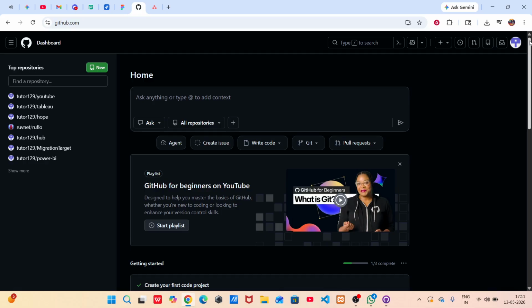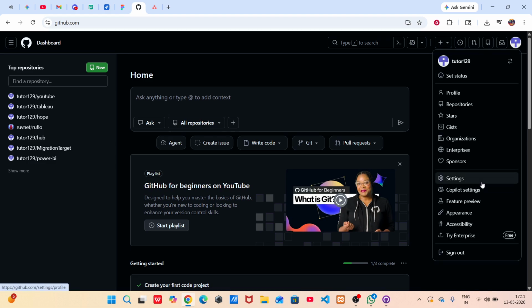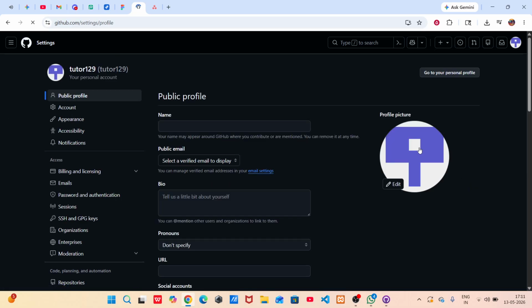Once you're logged in, look towards the top right corner of the screen. You should see your profile icon. Go ahead and click on that icon. A drop-down menu will appear, and from that menu, you'll want to select Settings. This will direct you to your Account Settings page, where we can adjust various aspects of your account, including your